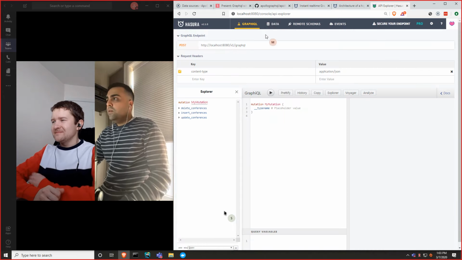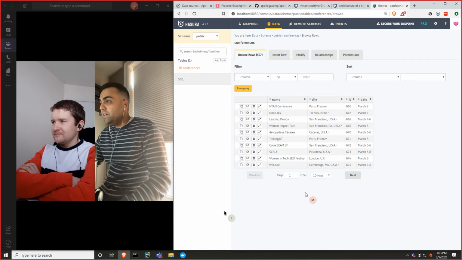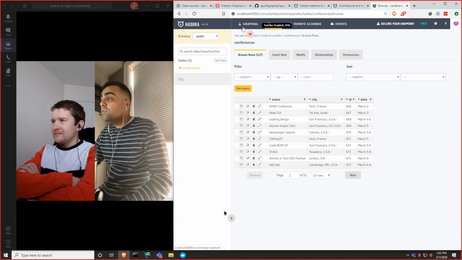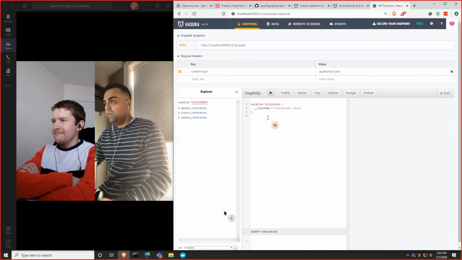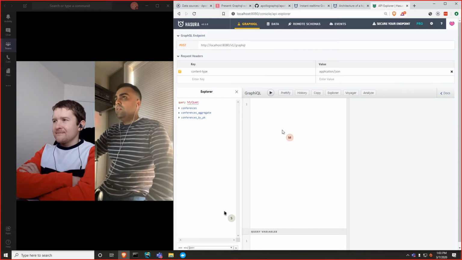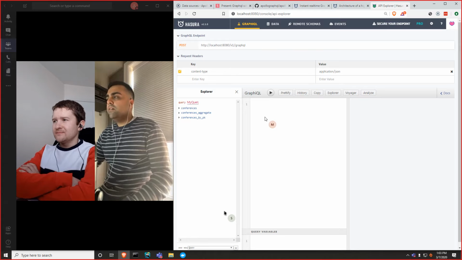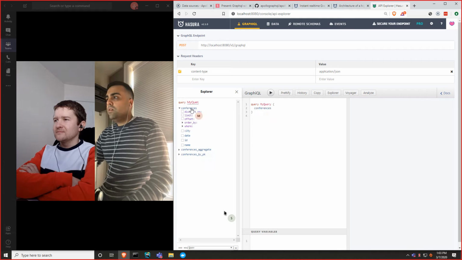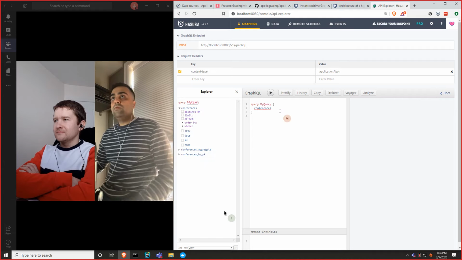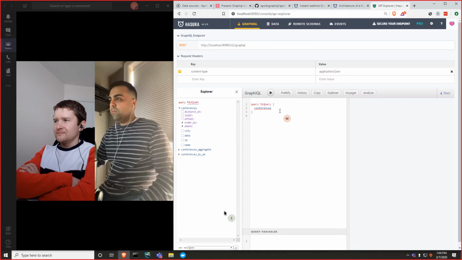Now you can see here we have 53 pages. I don't know how many rows. Actually, we can tell through GraphQL how many rows we have. So now I have, I think, 500 or so records in that database of all the conferences that are coming up in 2020. Before we move on to fetching that data using Angular with Apollo GraphQL,